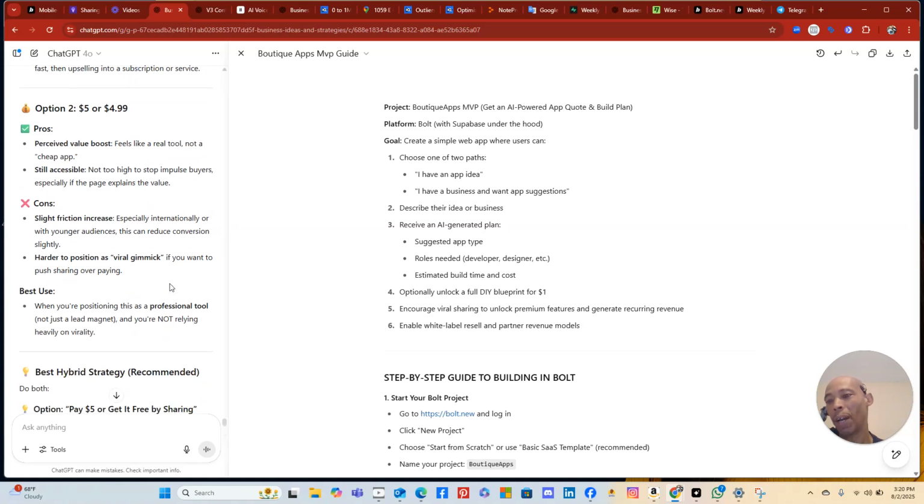Harder to position as a viral gimmick if you want to push sharing over paying. Harder to position as viral. Seems like sharing would be,